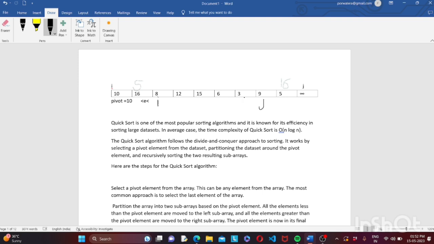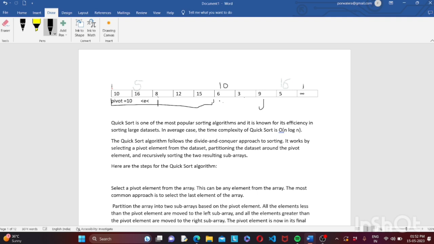तो अब हम क्या करेंगे, इनको रिप्लेस कर देंगे। फिर हम यहाँ पर आएंगे 12 और 15 पे, 12 और 15 को रिप्लेस करेंगे। और फिर हम 6 और 3 पे आएंगे तो जे 6 बन जाएगा, और 3 आई बन जाएगा। तो अब हम इसको 6 और 10 से रिप्लेस करेंगे। तो हमारा पाइवट एलिमेंट 10 पे आ जाएगा। तो पाइवट एलिमेंट के इस साइड एक एरे बन जाएगा, मतलब यहाँ से यहाँ तक का एक एरे बन जाएगा,